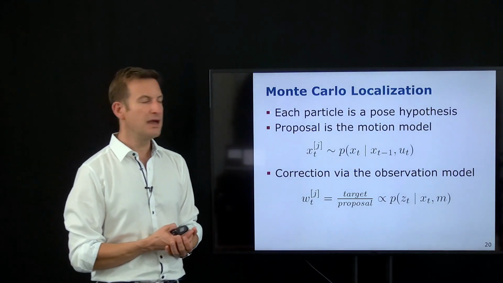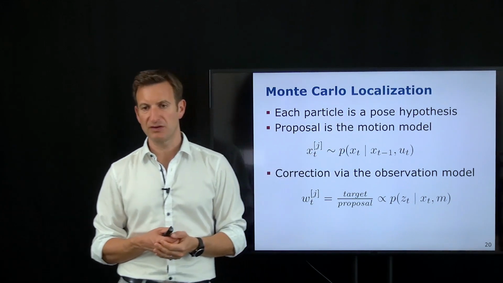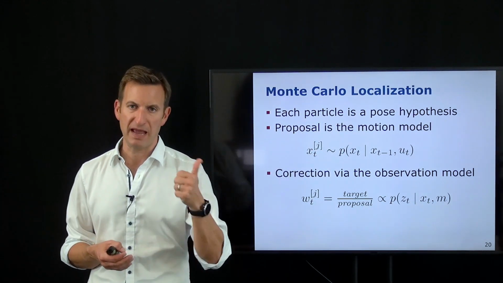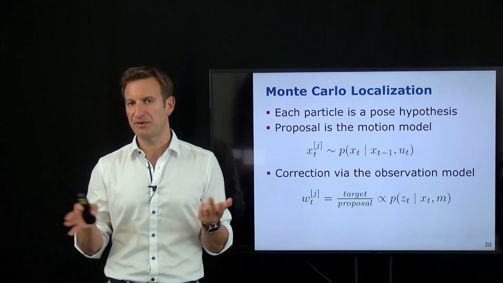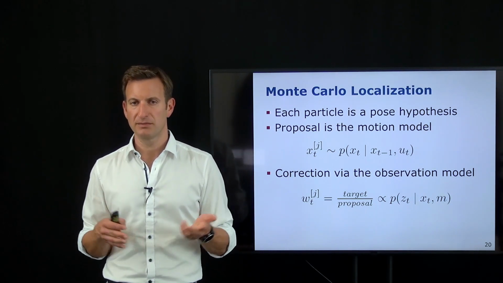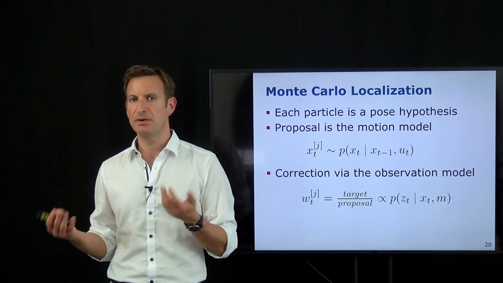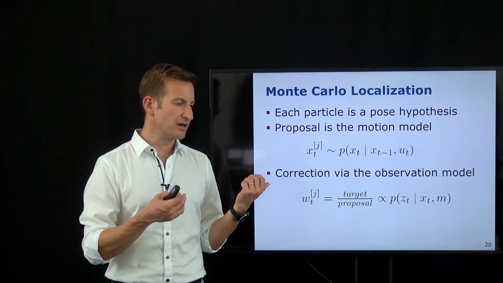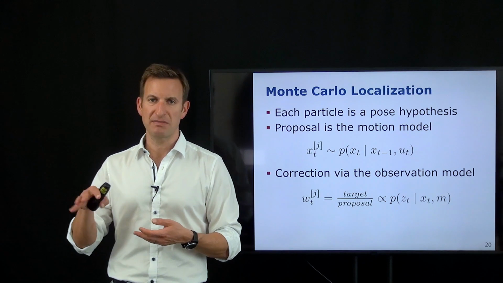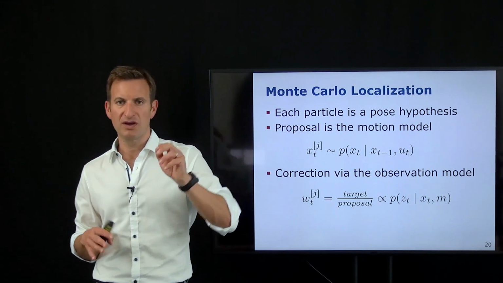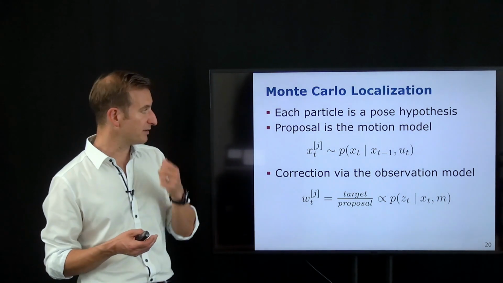So what we do in Monte Carlo localization is we say every particle represents a pose hypothesis. If you're living in a 2D world, this would be an x coordinate, a y coordinate, and an orientation angle, theta, representing the yaw of that platform. Or in the 3D world, this could be x, y, and z, yaw, pitch, roll. Or maybe I have a car driving in an environment, where maybe just the x, y, z location and the yaw orientation matter, because the roll and pitch angles may always be very small and may not be worth estimating in a particle filter.